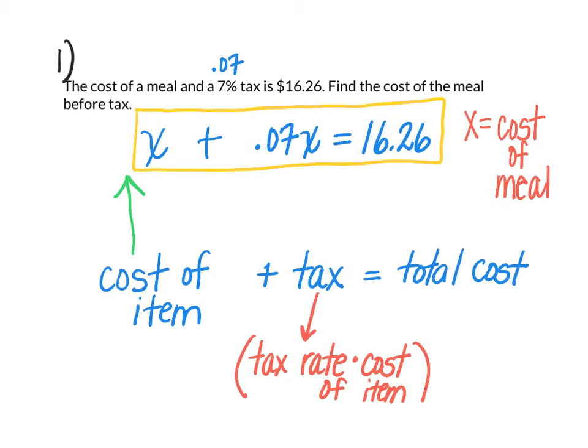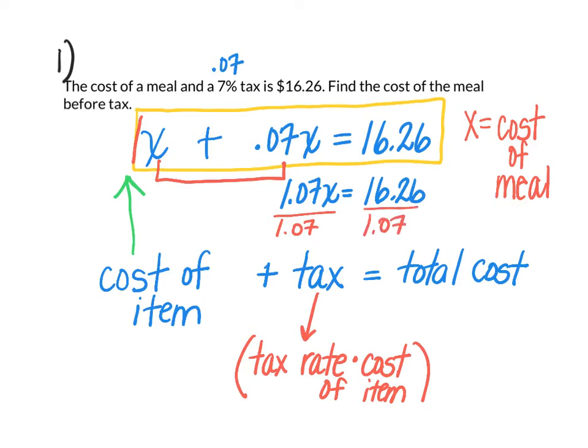To solve this problem, we want to combine our like terms. Keep in mind there's an understood 1 in front of that X. So when I add my coefficients, 1 plus 0.07, that gives me 1.07X is equal to $16.26. So that's my equation. Now I just need to divide by 1.07 on both sides, and that will tell me the cost of the item. On the calculator it came out to X is equal to